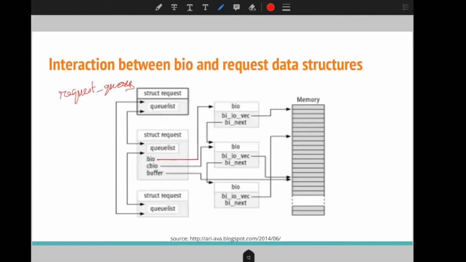So each request structure associates that request with the help of a bio structure, and this bio structure contains other variables that we have already discussed, and this is the mapping to the actual memory where we want to do the update on the disk. So in this way we put our request in the request queue, and these requests go one by one with the help of this bio structure to the memory location on the block device.